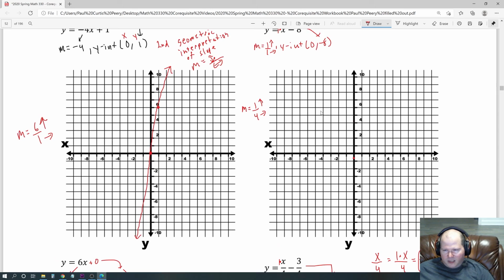All right, so up 1 to the right 4, right about there. And then up 1 and to the right 4, and then we just basically draw a line through that. I'm going to do my best. Yeah, it's not ideal. I don't know. I'll do that